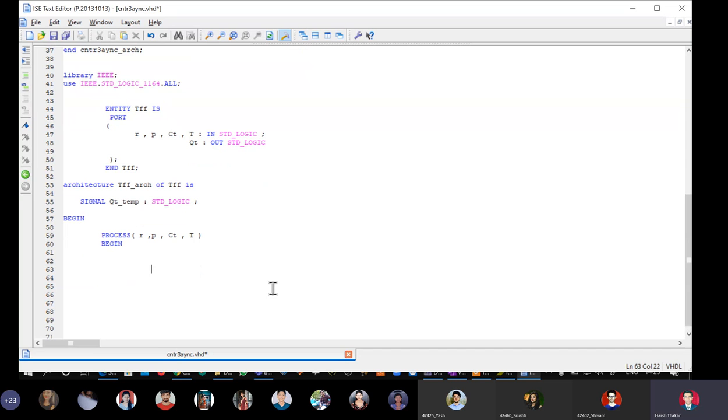and if reset comes, so we can say if R equal to single tick 1, then I will say qt_temp should be assigned single tick 0.